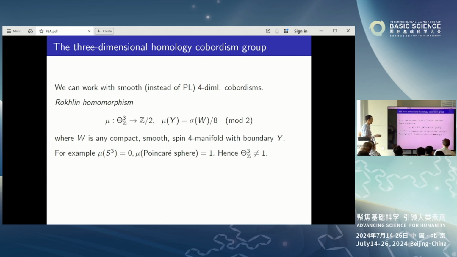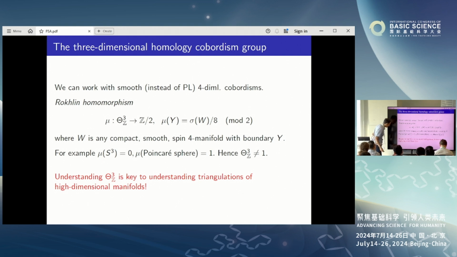So for S3 you get 0. This is basically Rokhlin's theorem. But if you look at some other homology spheres, for example, the Poincare sphere that I mentioned before, the Poincare sphere bounds something called the E8 plumbing, and the E8 plumbing has signature 8. You divide by 8, you get 1, which is 1 mod 2, so you get that this group has a non-trivial homomorphism to Z mod 2, and therefore it's non-trivial. Okay, so this is an interesting group,